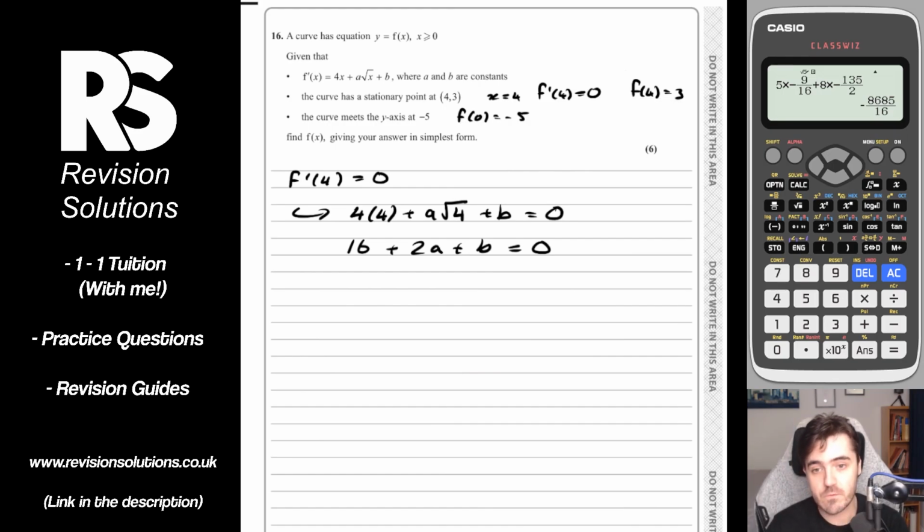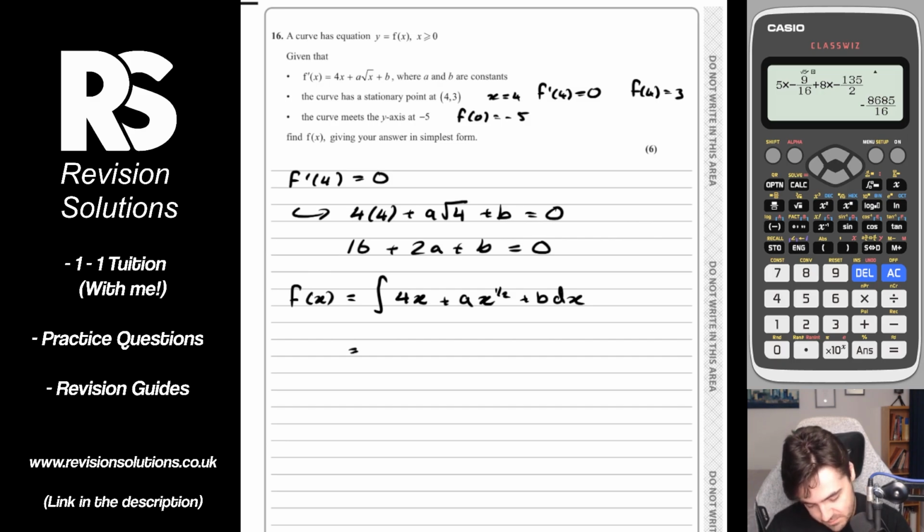So we need the actual function for the curve to relate the x and y coordinates themselves. So to get from f dash of x to the equation of the curve, f of x, we need to integrate. So f of x is going to be equal to the integral of 4x plus a, and then the square root of x is the same as x to the half, so I'm going to write that, plus b dx. So then integrating, use our power rule, raise the power by 1 for x, that's x squared,